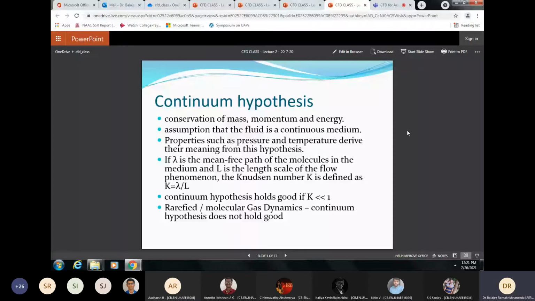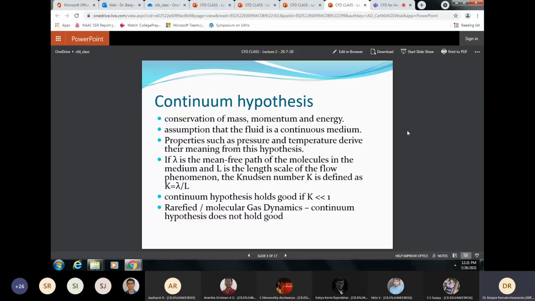Okay. When do you say it is valid? When this Knudsen number is up to 0.01, you can use the continuum hypothesis without any problem. Then from 0.01 to say 0.1 or 0.15,